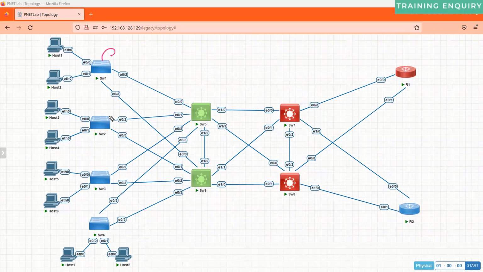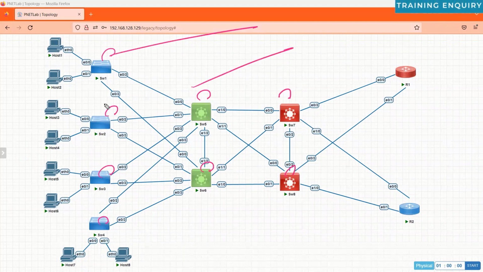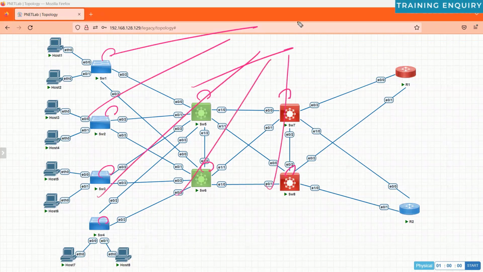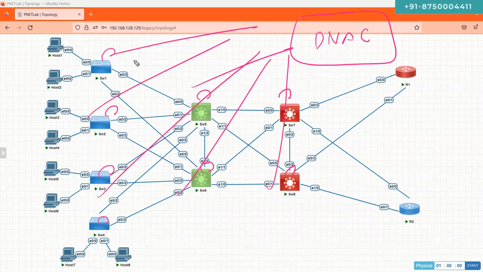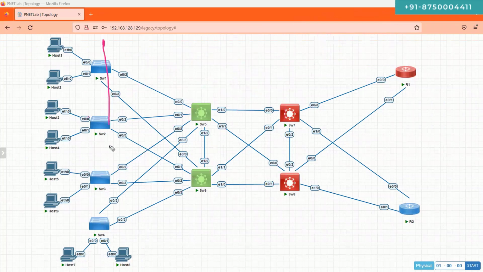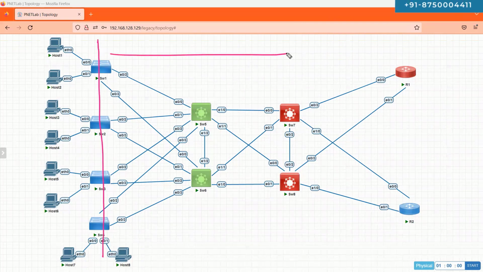And since all the switches are reachable with the help of the IPs that we have configured, maybe on the loopback interface, I can manage all these switches from one centralized point called DNA Center. So we can have, for example, a routed access layer where the routing is done all the way to the access layer,